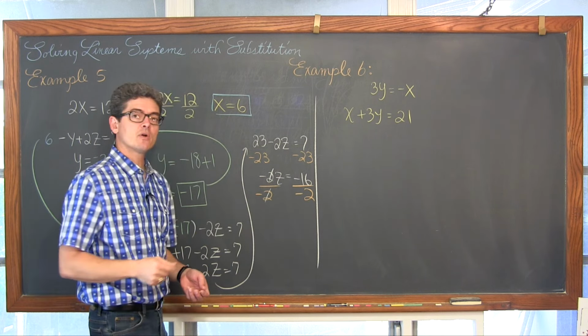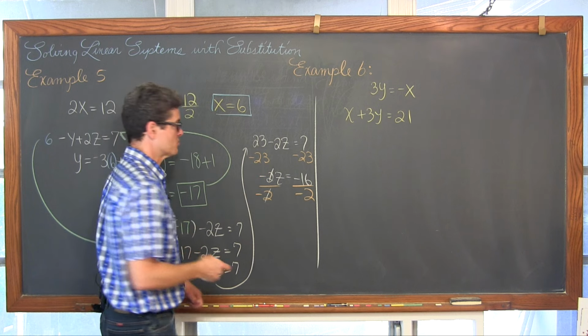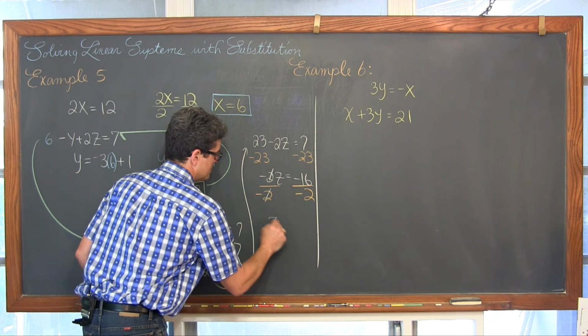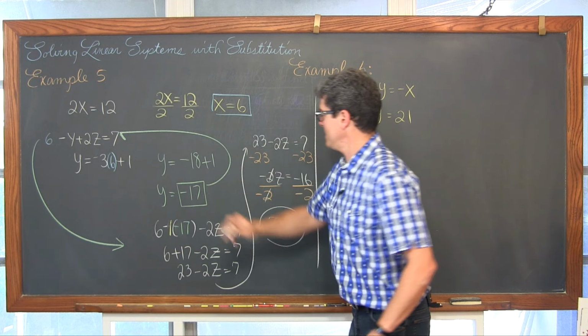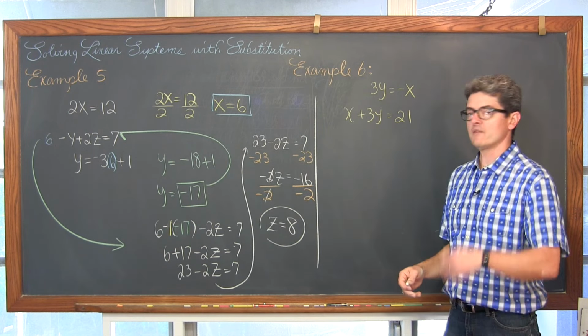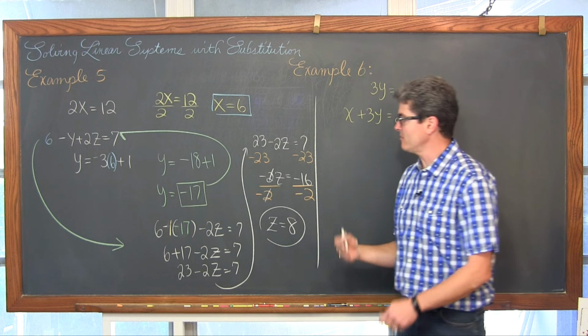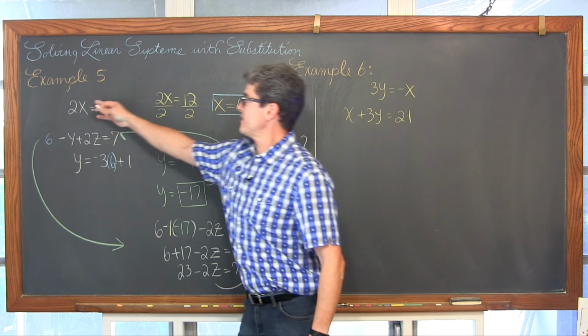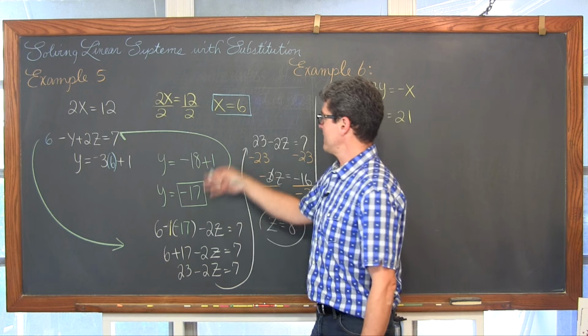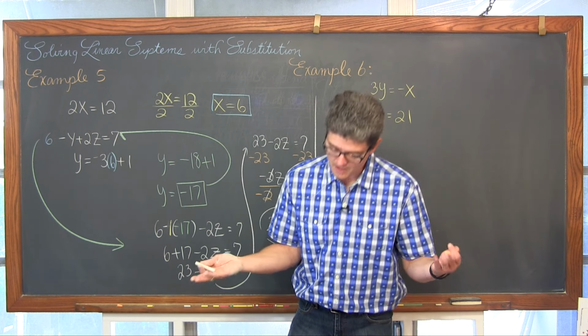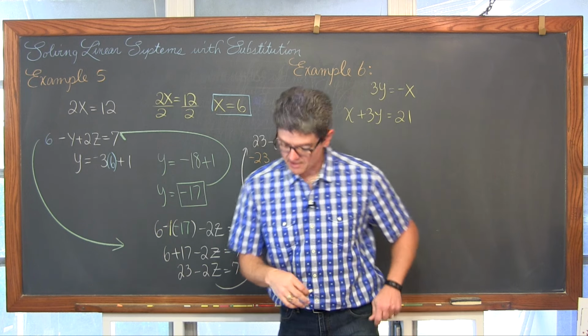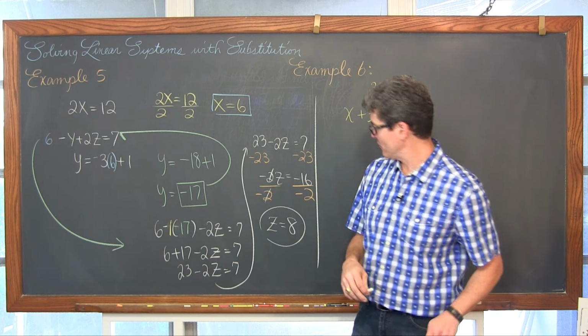Those inverse math operations cancel out. Anything divided by itself is 1. So 1z is equal to 8. And we have all three of our solutions. Now, the video is getting a little bit long, so I'm skipping the checking part, but of course, we can plug these values back into each of these three equations and make sure that the two sides are equal. I'm going to glance at my notes and make sure that I got the same answers as I did before.